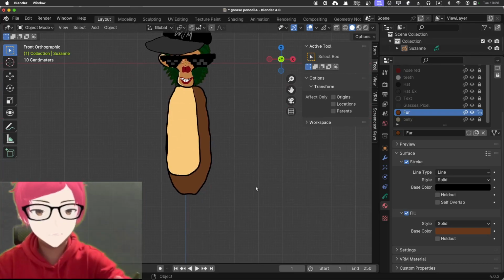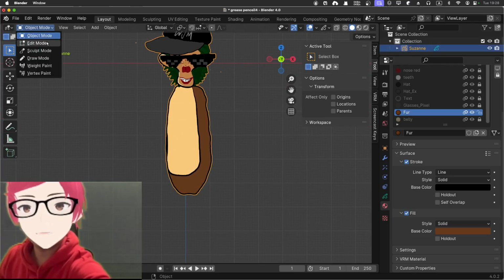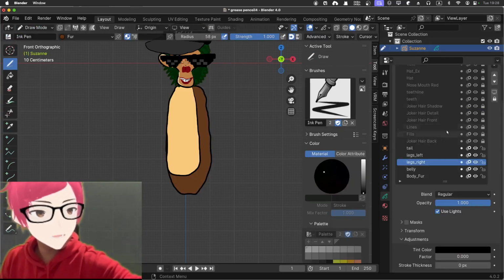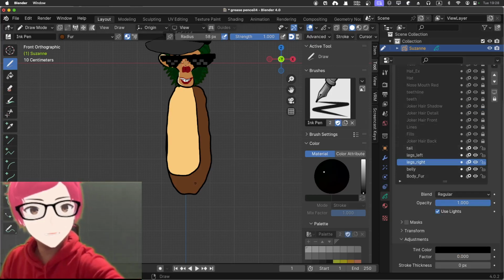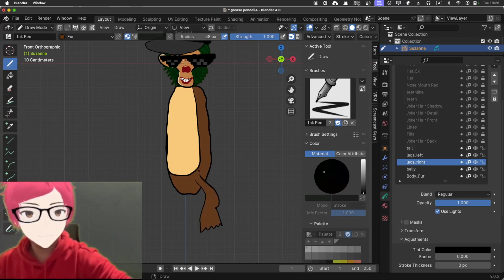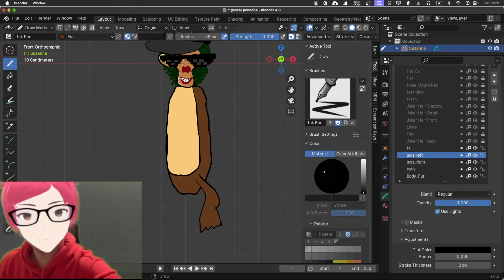Let me think about this. Okay, I'm going to change that to draw mode. The layer will be leg right, something like this. Maybe adding a little bit of a curve here. Okay, and then leg left will be something like